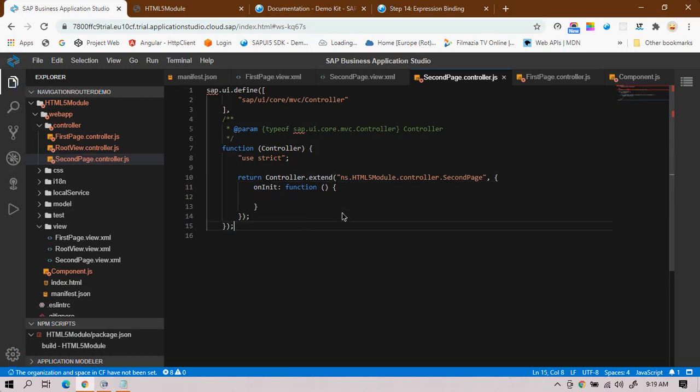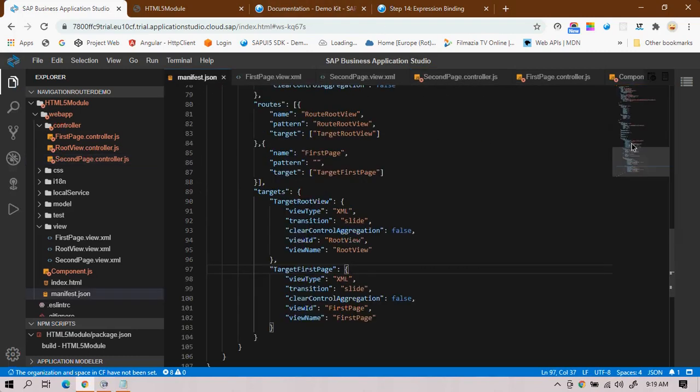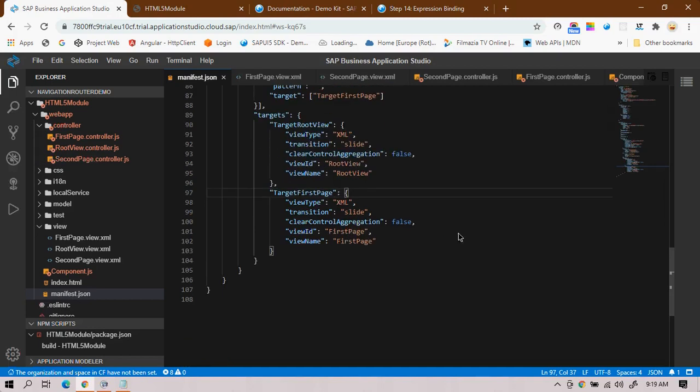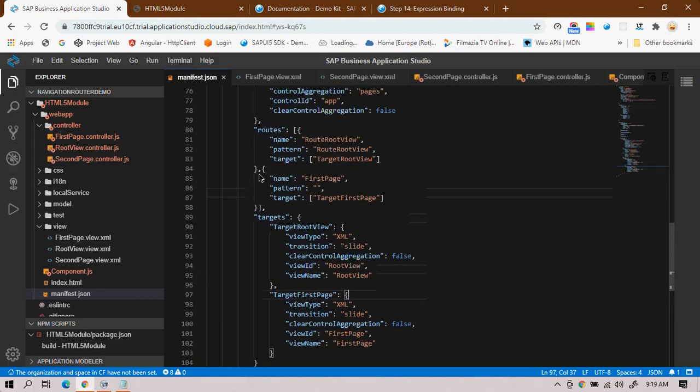That's it. Now I've defined the view and controller part, and I can open the manifest.json file. As I've already told you, for each view the route should be maintained and also the target. So I'll copy the same.